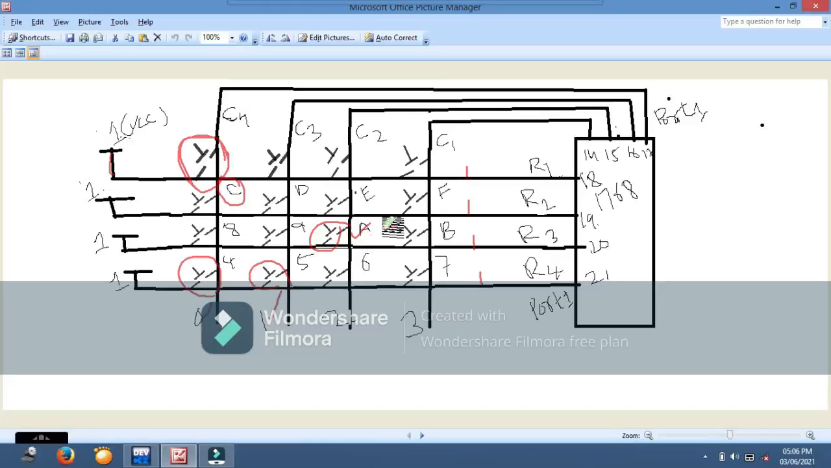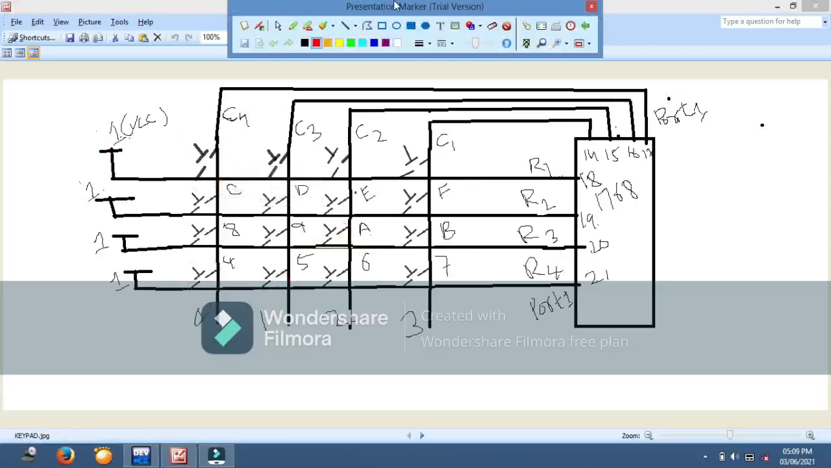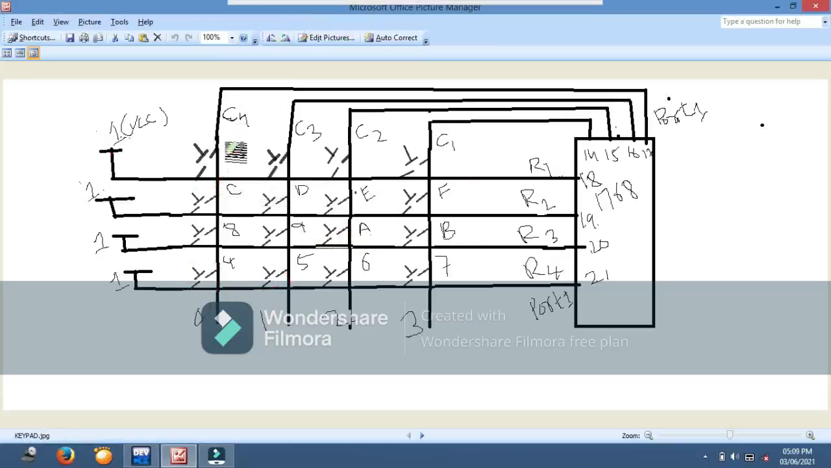Now we are going to understand the logic behind writing this program. First you have to detect which key is pressed. To detect which key is pressed, you need to scan the columns and rows. How are we going to scan here? Let's see. To scan this, in the programming, first we are keeping